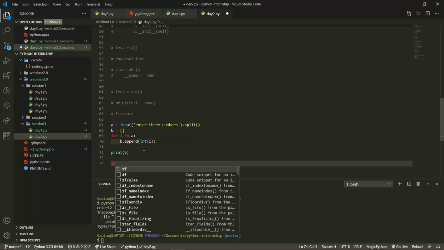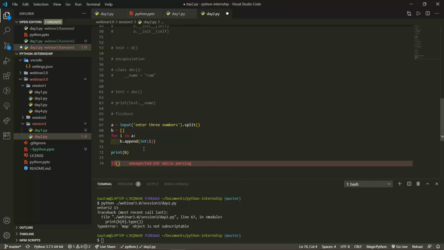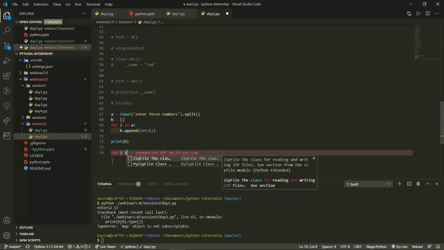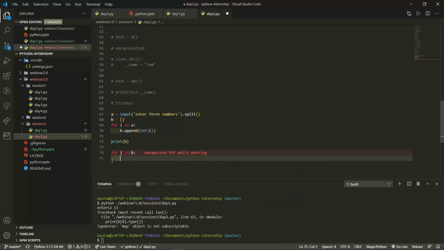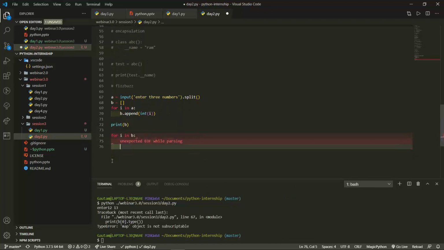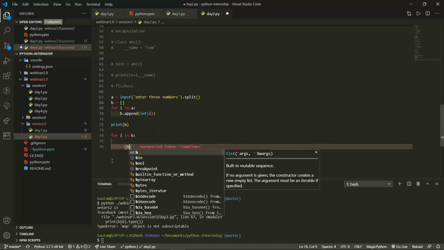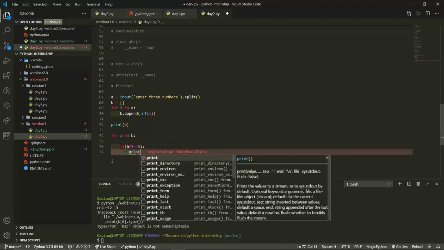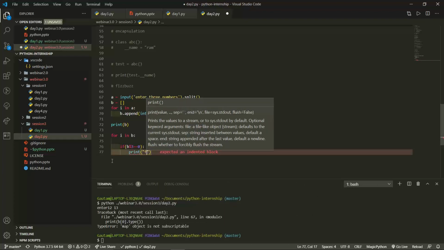So I will just make this logic. For this I need to first of all create a loop, for I in B. Now I'm getting the values. Now I will check, if B mod 3 equals to 0, then I'll just print fizz.